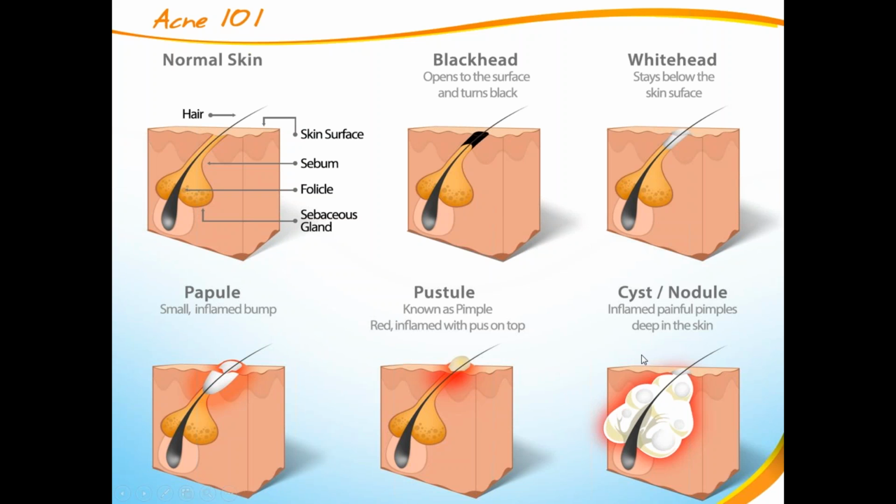Now we're going to get to the cystic nodule, and these are always really challenging because they usually show up on the top of the skin as just like a red hump. They may or may not have a little baby head on them, but what's going on underneath is crazy, and they're very, very painful. And what's happened here is, whether usually they've tried to pop them or not, there's so much,